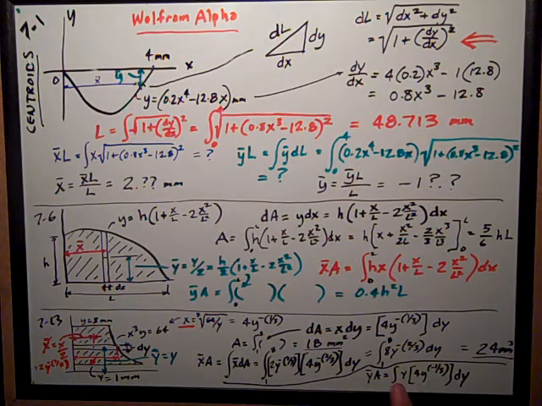I add the 1 when I multiply y times y to the negative 1/3, and I integrate 4y to the positive 2/3. Use that rule. I get an expression. It's 4y to the 5/3 divided by 5/3. Anyway, evaluate that from 1 to 8, and I get another number,